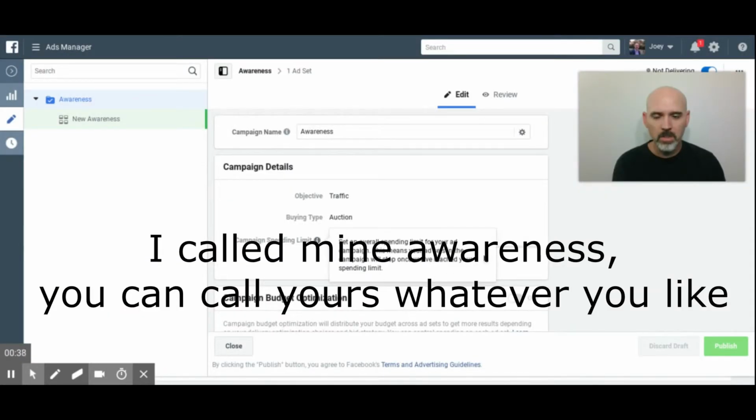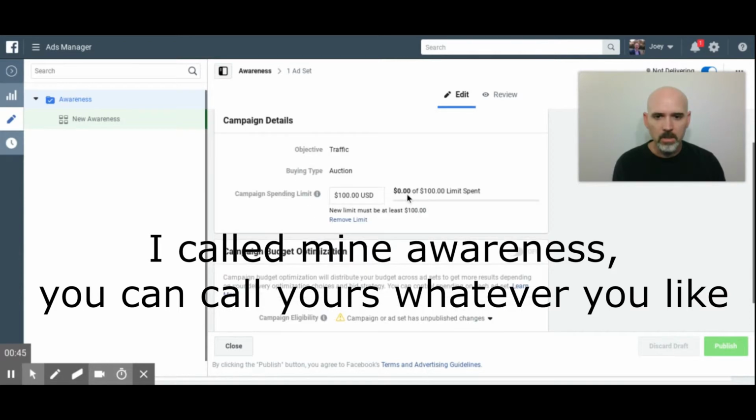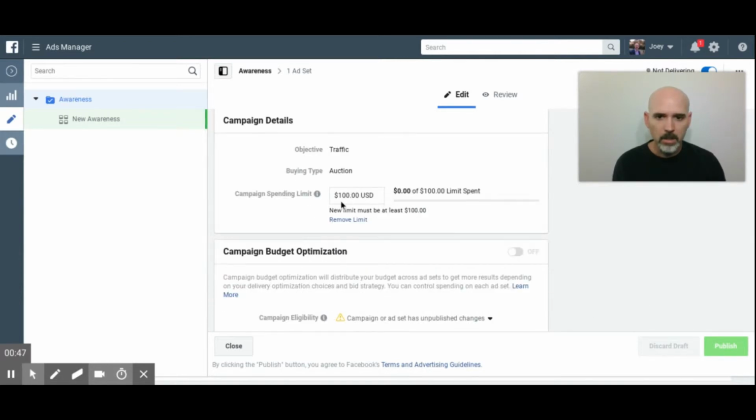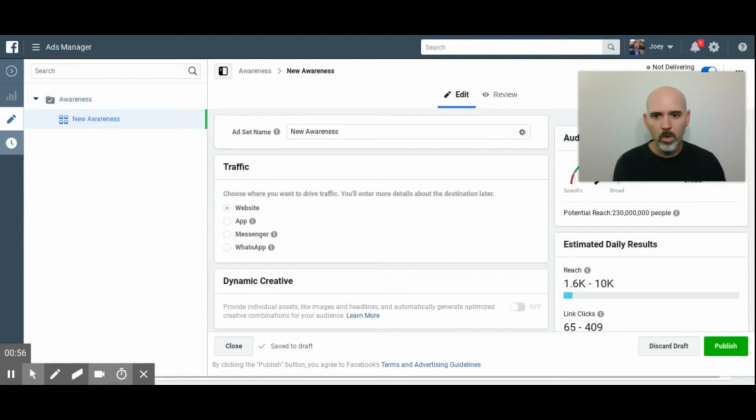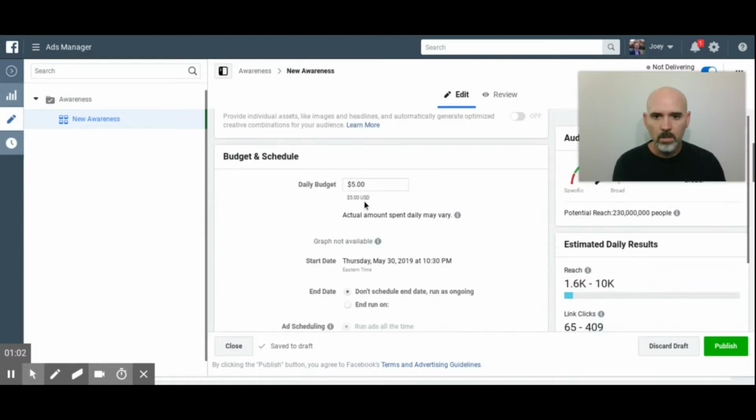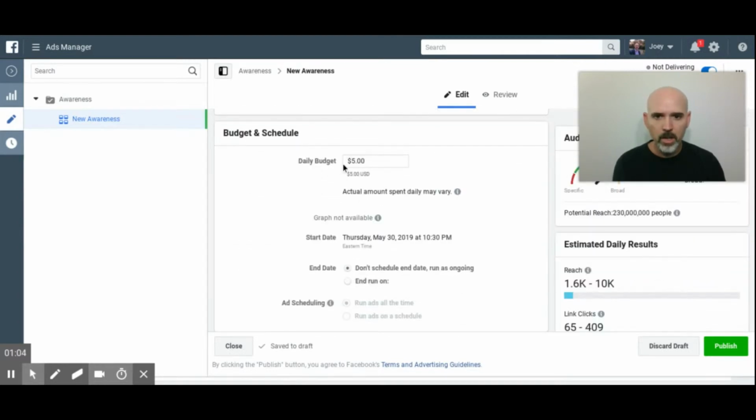And I just wanted to show you a little bit more about the campaign and how you can adjust the pricing and that kind of thing. So I had to set the max at 100, but you can turn it off anytime, so it doesn't really matter. But under new audience, this is where you can really narrow down what you are doing and who you're targeting. So, for example, daily budget $5,